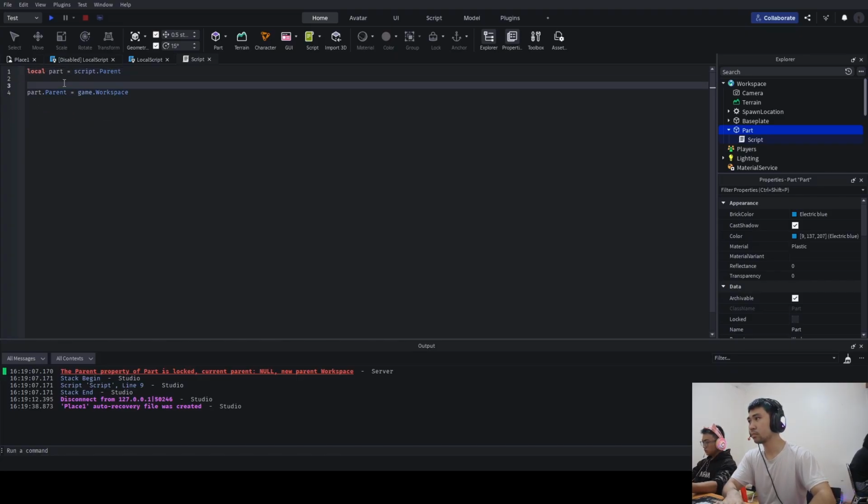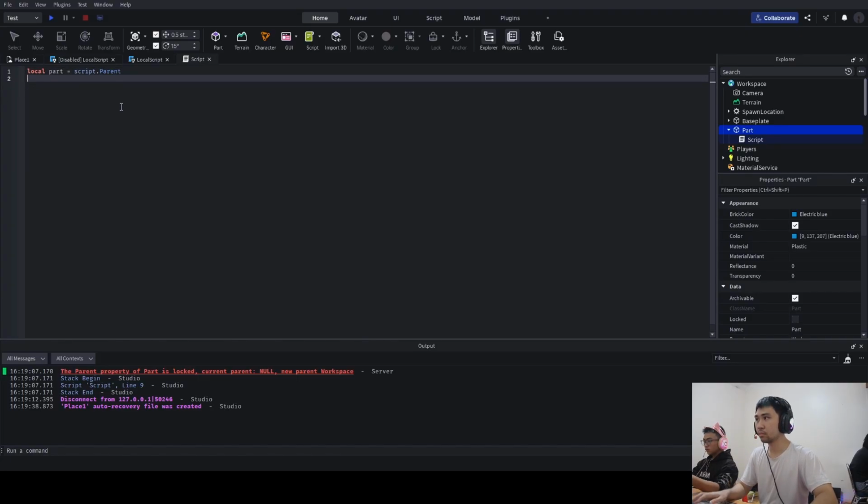So let's hit enter down here, and let's type in game.debris, because this is the framework that we're going to be using in order to handle garbage collection. And we're going to say colon add item. In the first argument, we're going to throw in the part, and then we're going to separate using a comma for a second argument, and we're going to